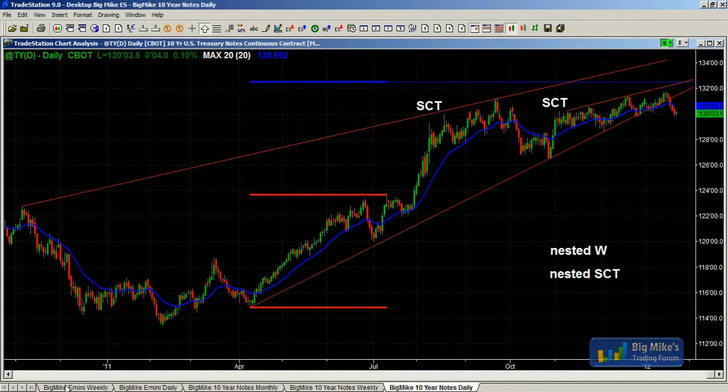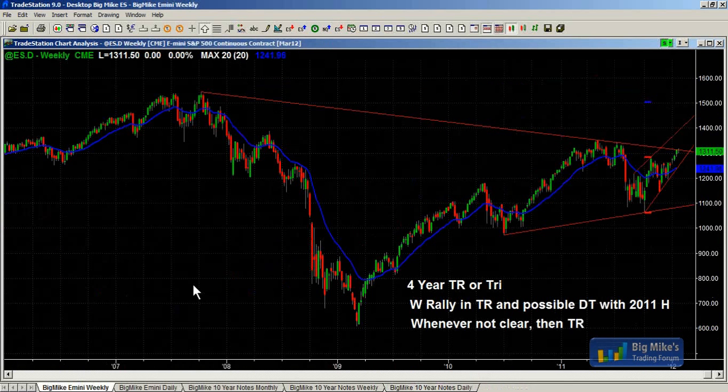On the weekly chart of the E-mini and the Dow and the cash index, what does the market look like? Basically sideways. We went up some, we went down, we went up, so it's basically a 4-year trading range. We're in a bull leg within the trading range on the weekly chart. We've been rallying for several years now, but the rally is not all that strong on the weekly chart. Pretty good sized pullbacks here and over here.